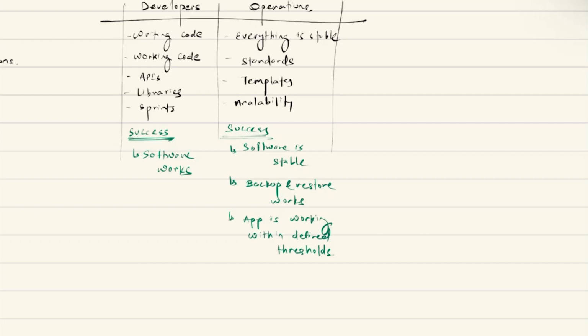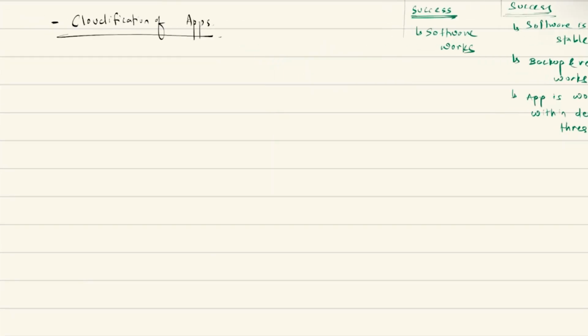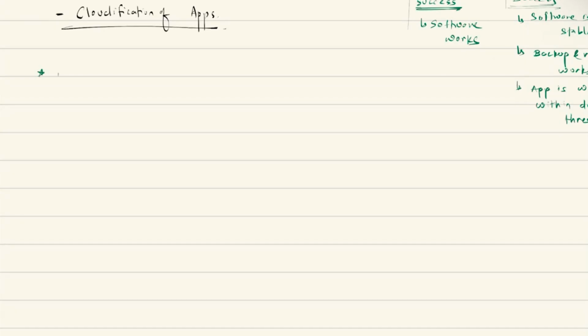And this is exactly where DevOps comes into the picture. So what is DevOps in this particular case?